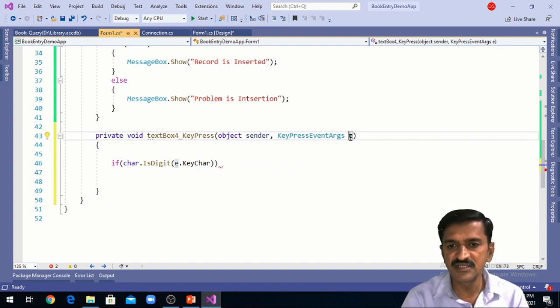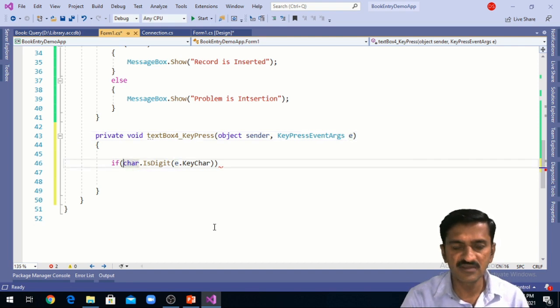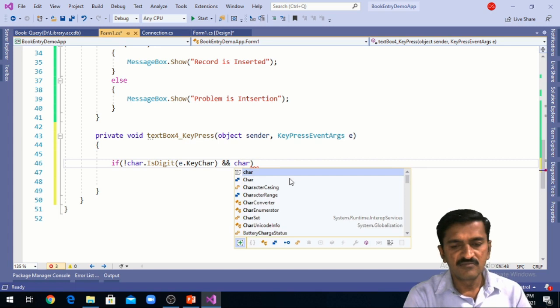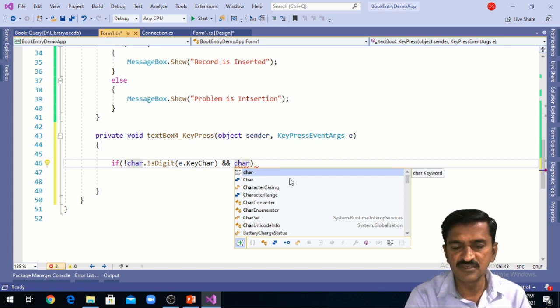We can get that key using the e.KeyChar property, and this value that we are passing to the IsDigit function will be checked to see whether it is a digit. If this is not a digit and this is not a control key, meaning a cursor movement key or backspace key, we want to ignore that key.